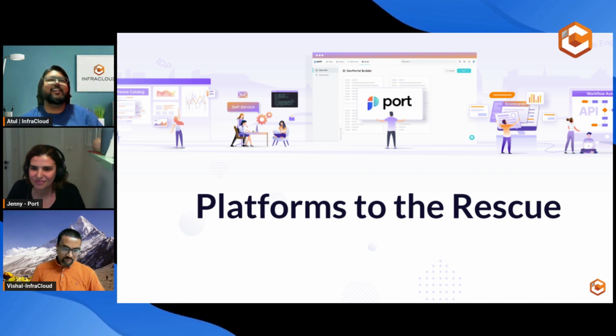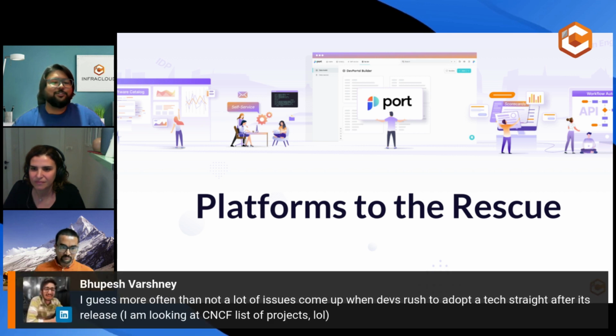Absolutely. I think with the gamut of tools that we have that Vishal spoke of earlier, it makes total sense to have most of them in front of the developers to make it easy for them to access. Before I go out to Vishal for his comments, Bhupesh gives us a very interesting point in the comments, and he says that more often than not, a lot of issues come up when developers rush to adopt a technology straight after its release.